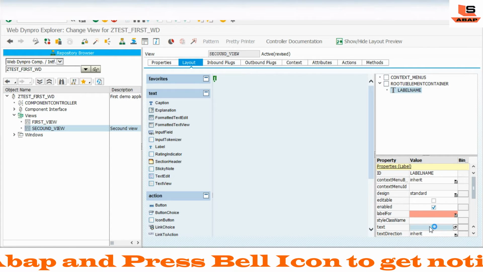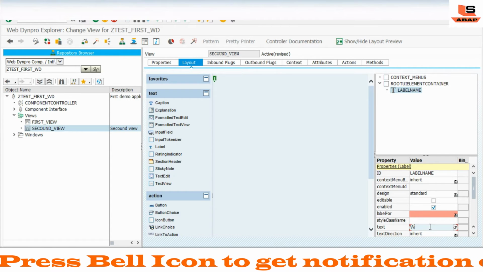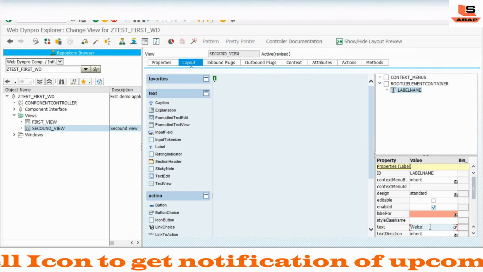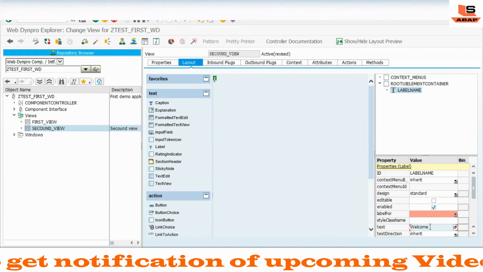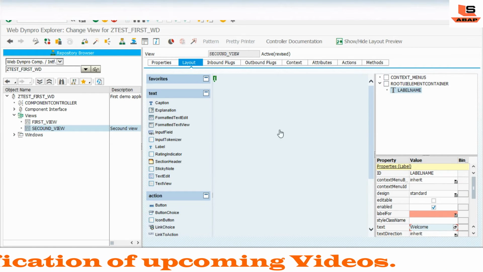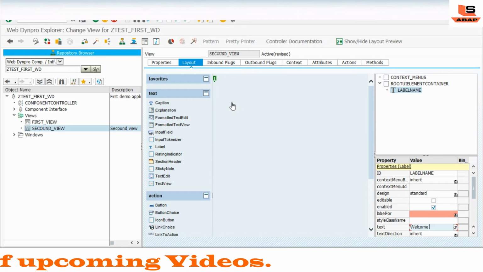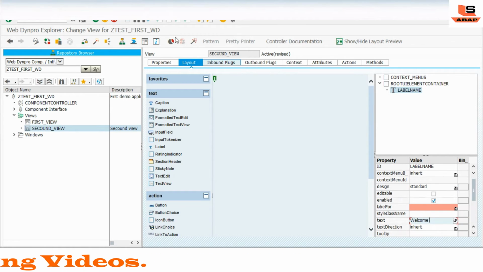Give the text as Welcome, and just click on save.